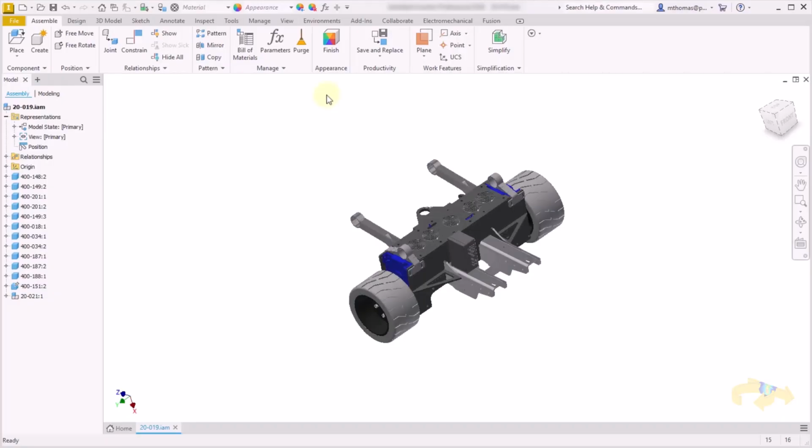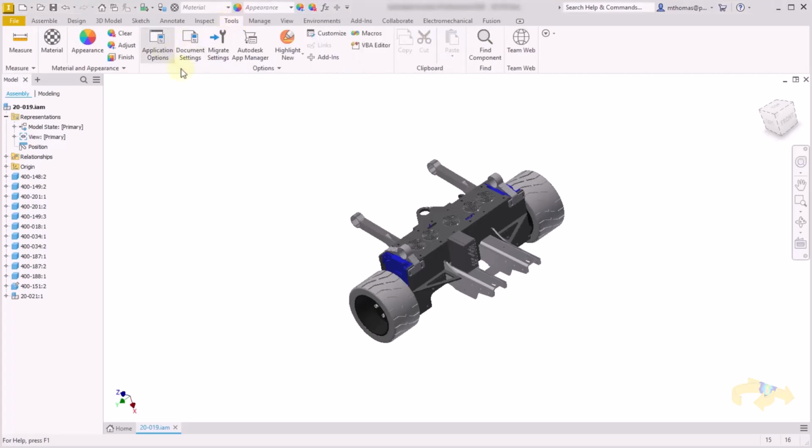All right, so let's dive into using the Inventor Assembly Mirror command. You'll find it on the Assemble tab in the Pattern section. You'll see that Mirror is here. Now, before I start with Mirror, I'm going to go to the Application Options,